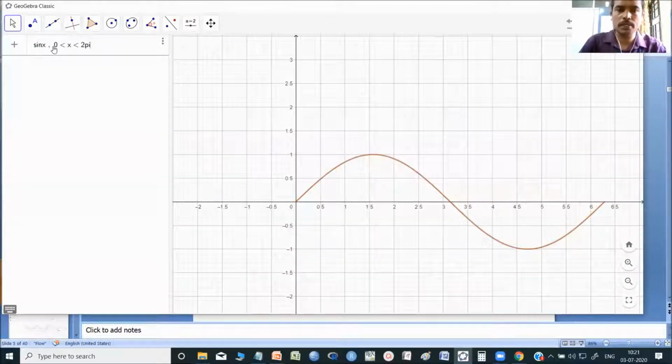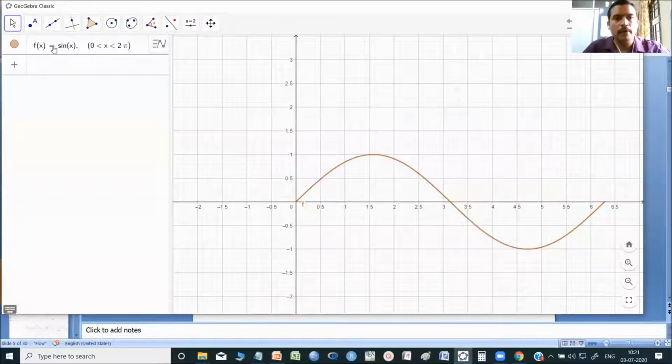You have to type pi on the keyboard. So automatically it will take the function f of x equal to sin x, comma, within a bracket. We need not type in the bracket. So you can see now from 0 to 2 pi the function sin x is defined.